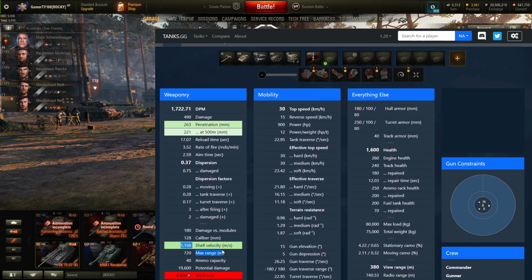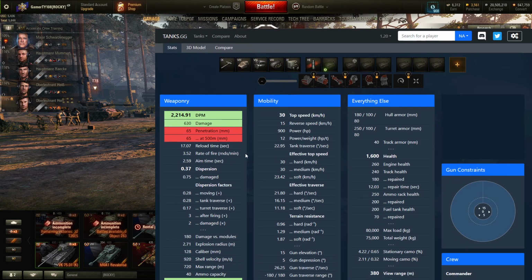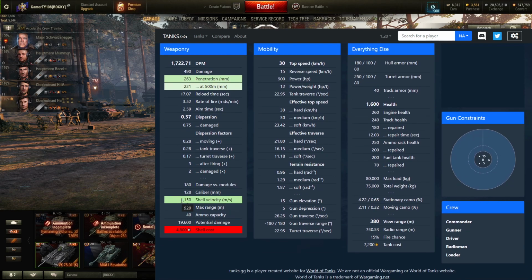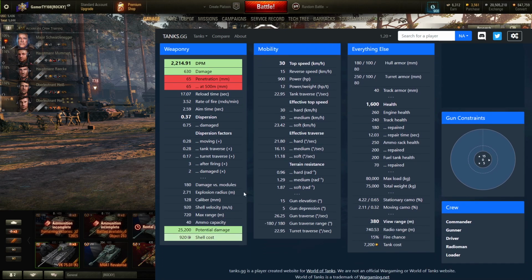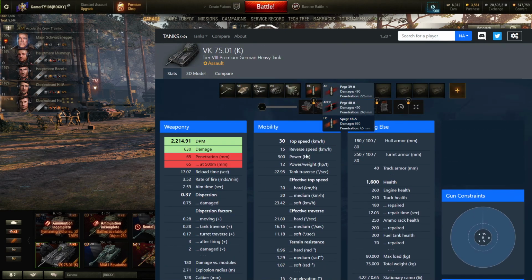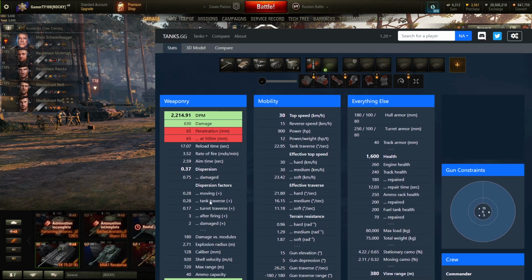You can use those to snipe if you really want to for the extra shell velocity, and it'll be a decently fast shell. Nothing crazy, but nothing slow. For an APCR round, I mean that's pretty good shell velocity. Don't get me wrong, but for an APCR round, that's kind of slow. Next, we're gonna go to HE. HE shell velocity 920, pretty good for an HE round. It's the same as your normal rounds, and they deal